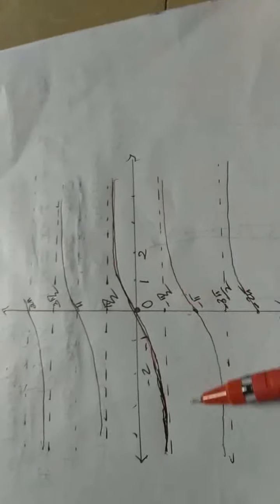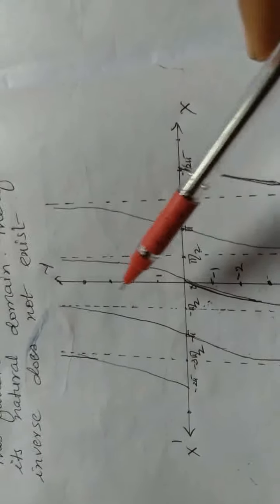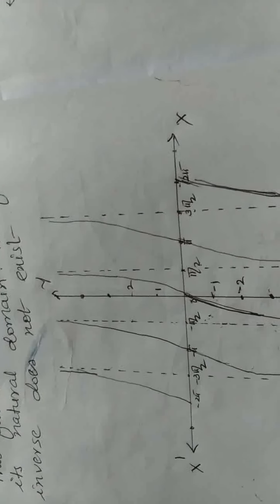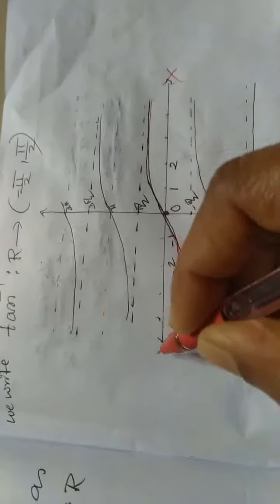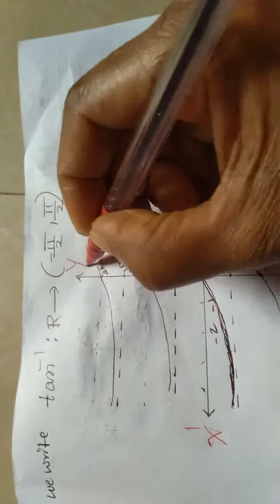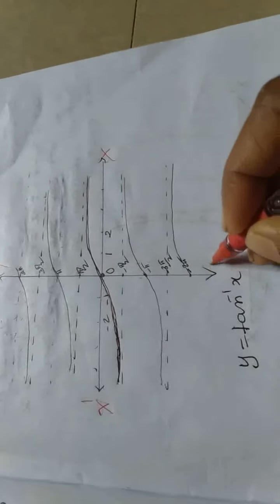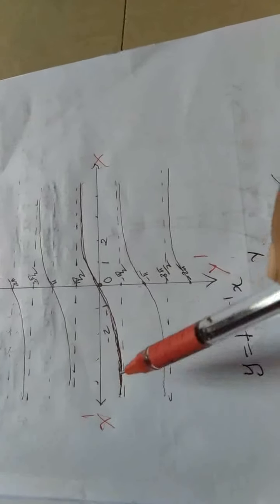Now, just by interchanging the elements you have written on the x and y axes, you will get the graph of tan inverse function. The graph of tan inverse function is like this. Interchange. In the y = tan x graph, you have written 1, 2, 3 on the y axis, −1, −2. Here, write it on the x axis. Okay. And similarly, π/2, π, all those on the y axis. Okay. This is the graph of y = tan inverse x. And for different intervals, you will get different branches.